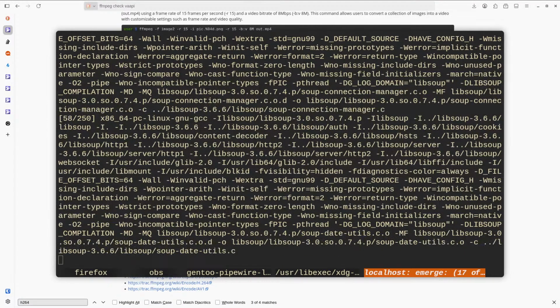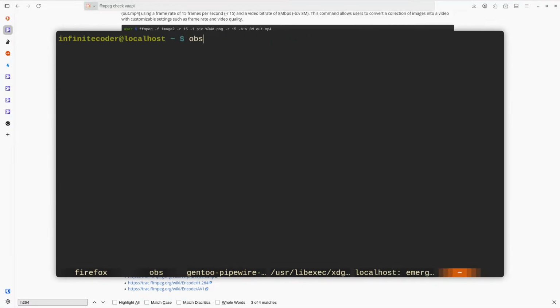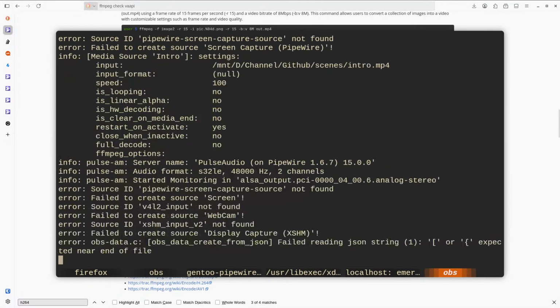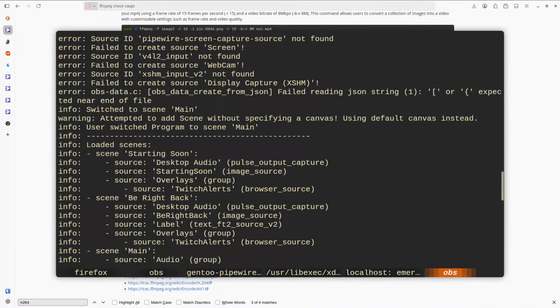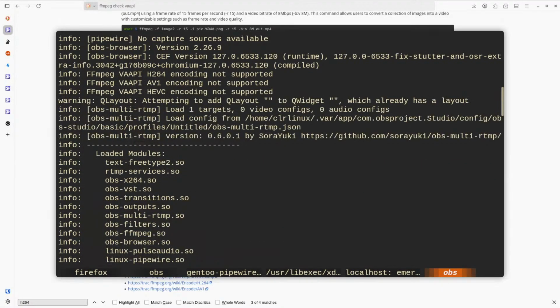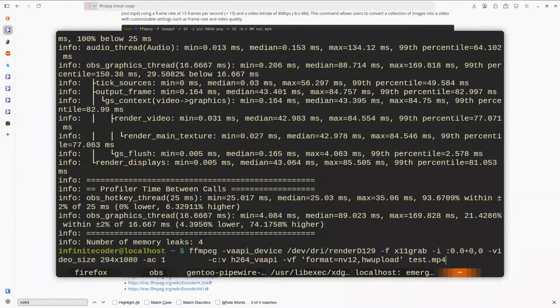OBS. Can I launch another instance of OBS? How do I do this? Launch anyway. So it's gonna say encoding not supported, huh? Maybe reinstall OBS.